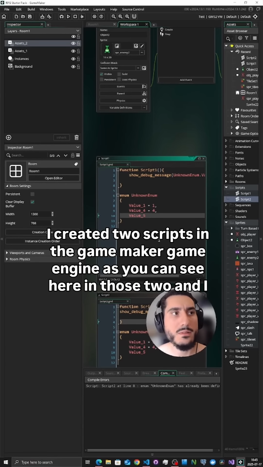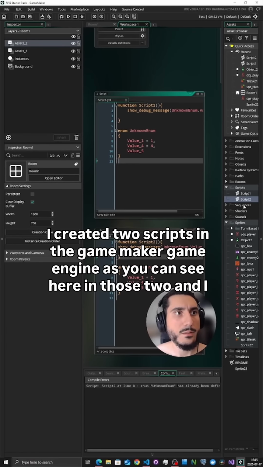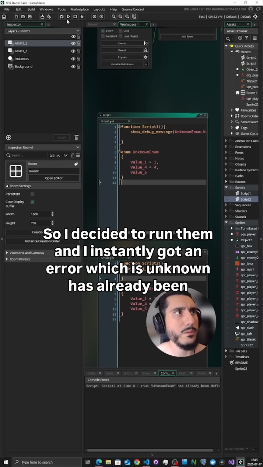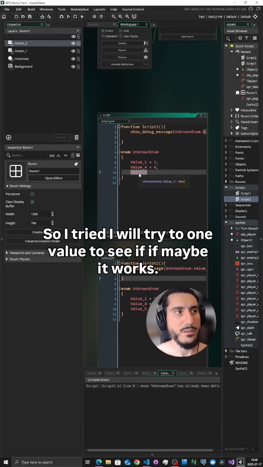I created 2 scripts in the GameMaker game engine, as you can see here, and I added just basic code to see what happens when we do something like this. So I decided to run them, and I instantly got an error, which is: unknown enum has already been declared. So I will try to modify one to delete one value to see if maybe it works. Look what